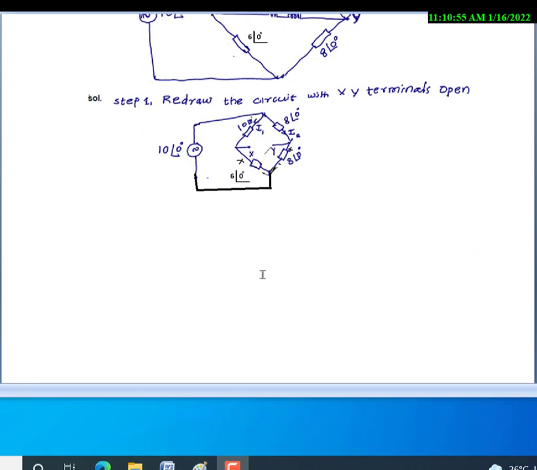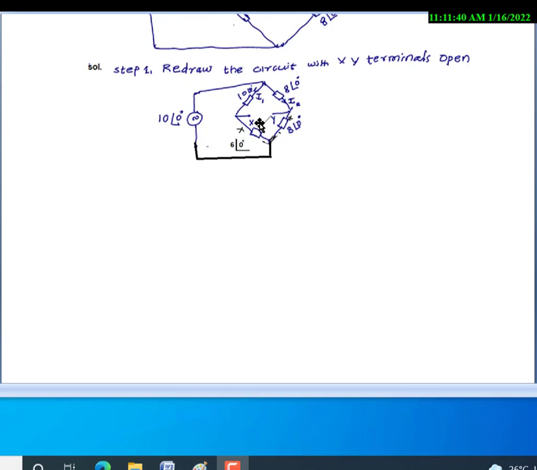The next step is, we know here there are two parallel branches. This is one branch, this is another branch, and both are connected across the supply of 10 volts. Now calculate the current flowing through this branch and through this branch. If you look at this branch, the total resistance is 16 ohms, and here also the total resistance is 16 ohms. In fact, the current that flows here and the current that flows here will be the same, meaning they share the total current equally.